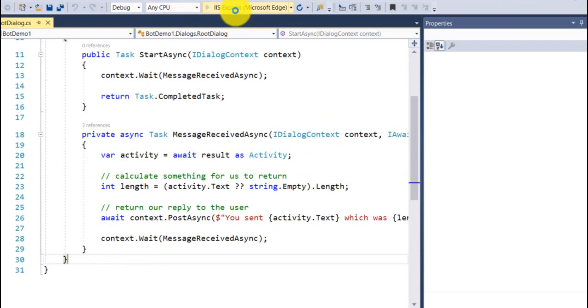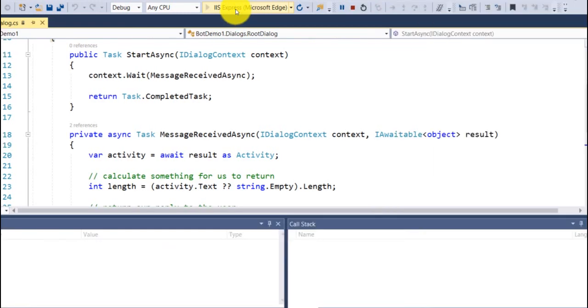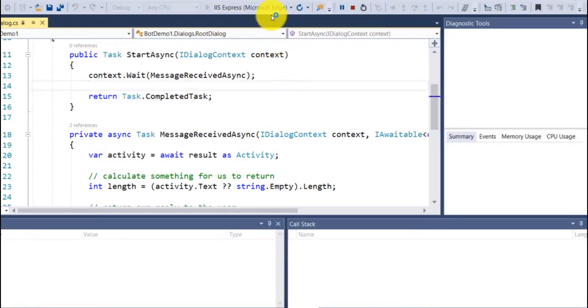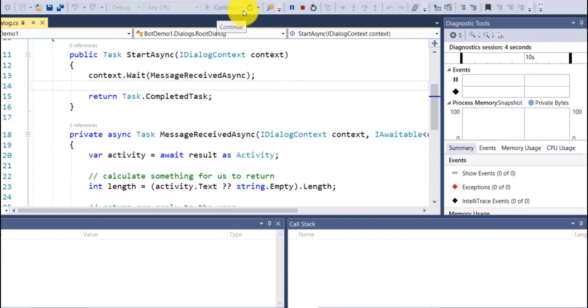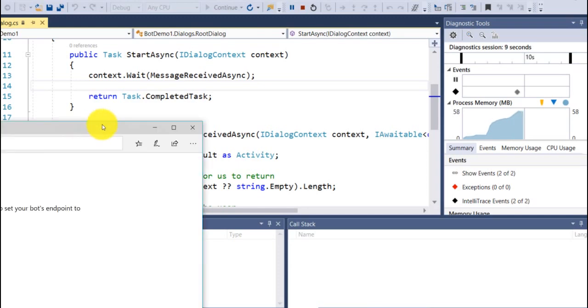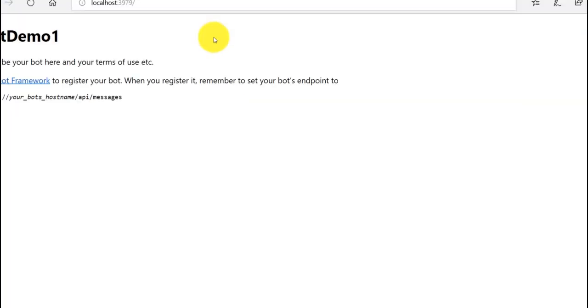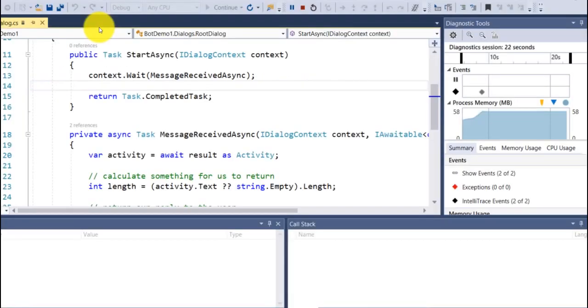I run this application. So you see here, it's running in the web browser. I installed only Microsoft Edge, so by default it is showing Microsoft Edge. So the bot is running here. So this is our localhost link. So just copy this link, go to the emulator,